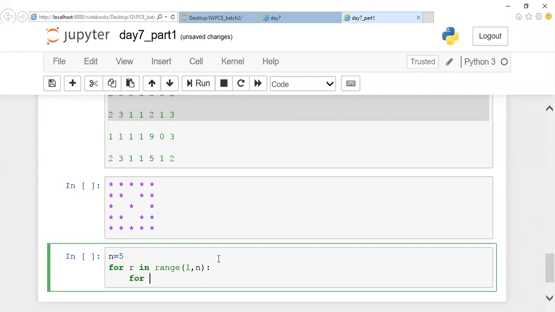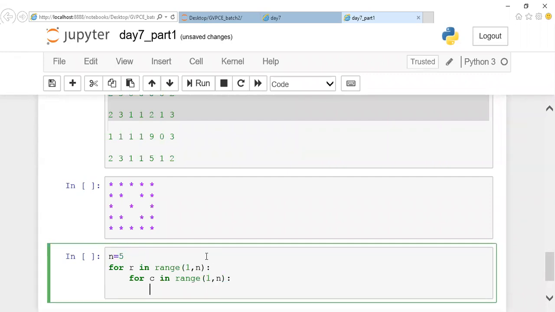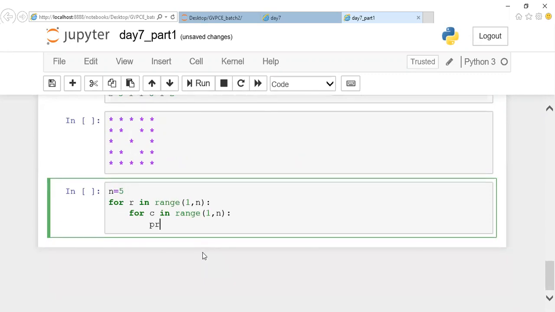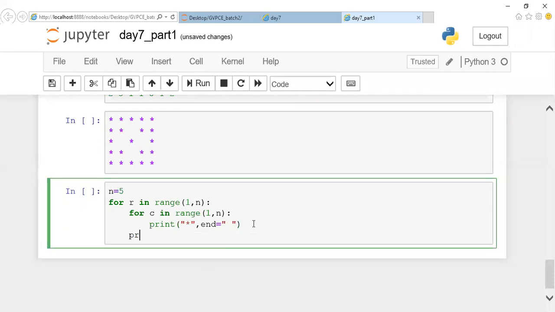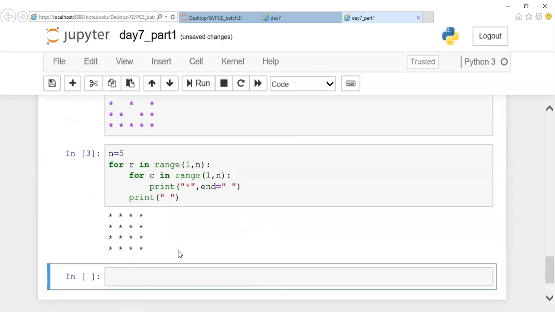And here, for column in range of 1 to n. This is done. And here we just mentioned the print statement, isn't it? Print of star, we printed it, followed by end with space.